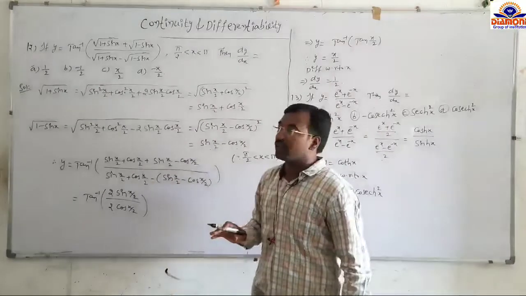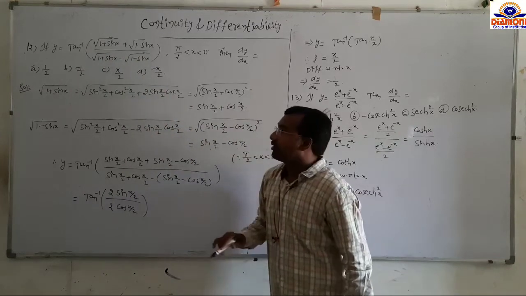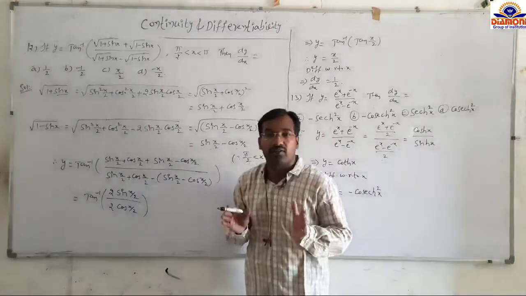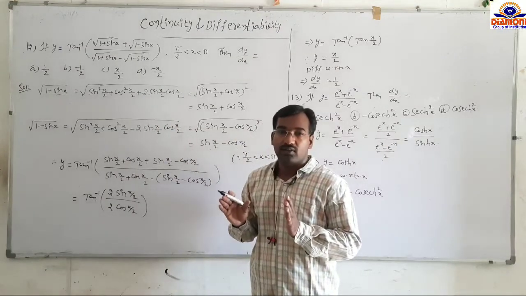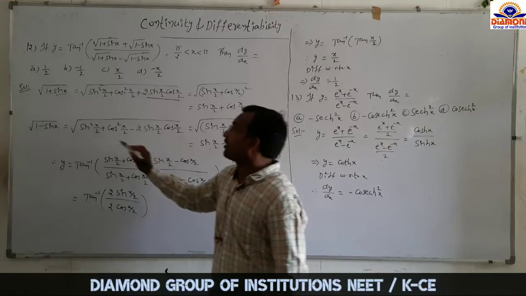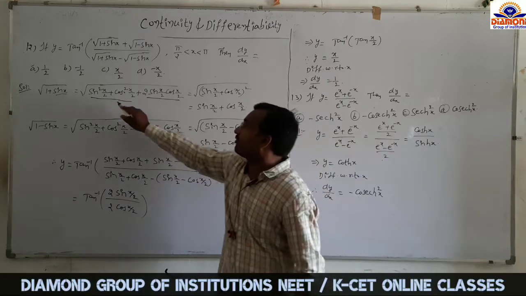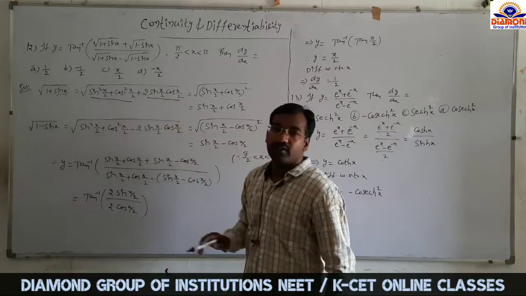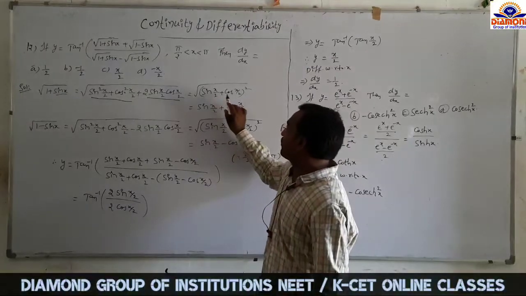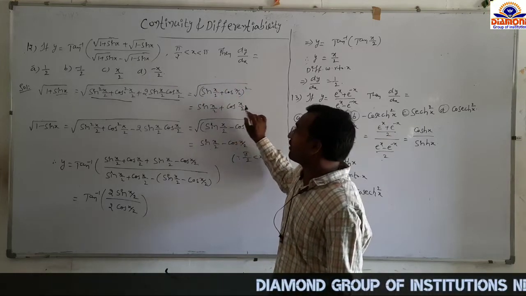First, find the values of the internal functions, root over 1 plus sin x and root over 1 minus sin x. So root over 1 plus sin x: generally sin 2x equals 2 sin x cos x, so sin x equals 2 sin x by 2 cos x by 2. In the place of 1, you can write sin square x by 2 plus cos square x by 2. This is the form a square plus b square plus 2ab, which is a plus b whole square. So you can write (sin x by 2 plus cos x by 2) whole square root. Since the root is removed by squaring, you get sin x by 2 plus cos x by 2.